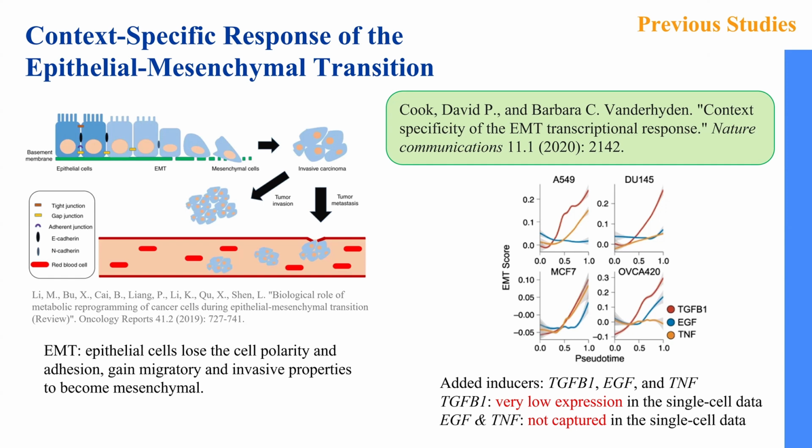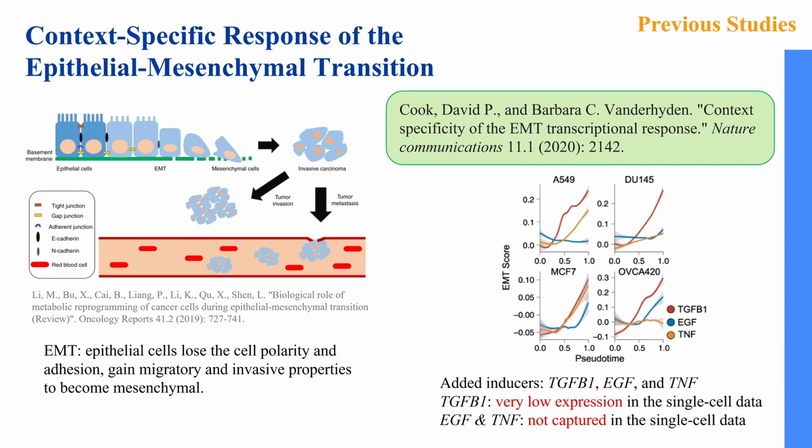TGF-beta1 has a very low expression in the single cell data, and EGF and TNF are not even captured in the data, so they are not included in that single cell expression matrix. But they are still very important. You can clearly see from the figure in their paper that they can activate the EMT